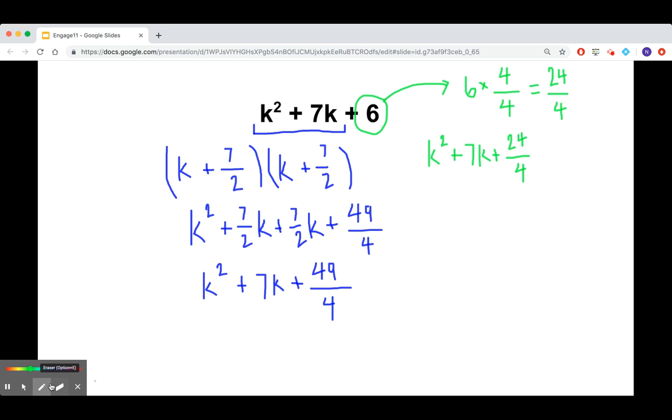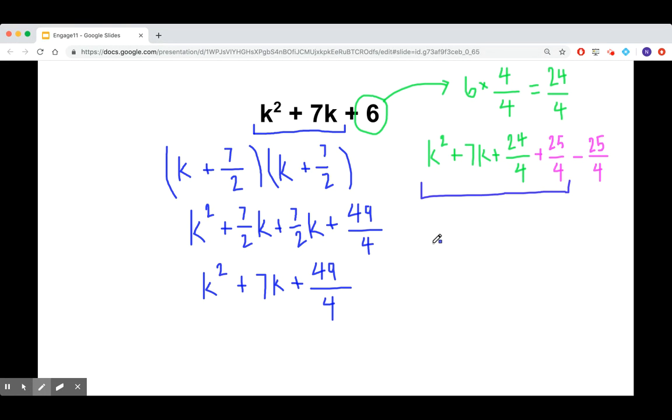So I know that to get 49 over 4, I'm going to need to add 25 over 4. But remember that anytime I add to my expression, I want to be sure I'm not changing its value, so I'll subtract the same amount. And then I can simplify by focusing on